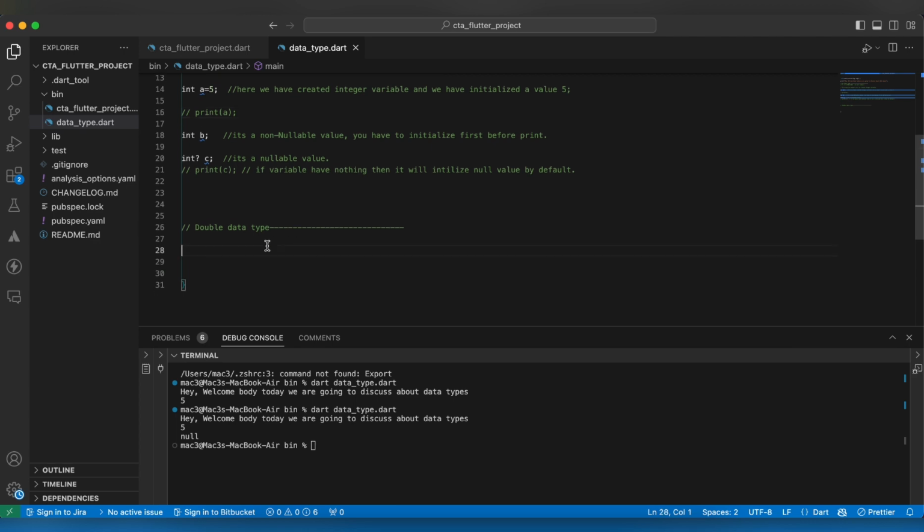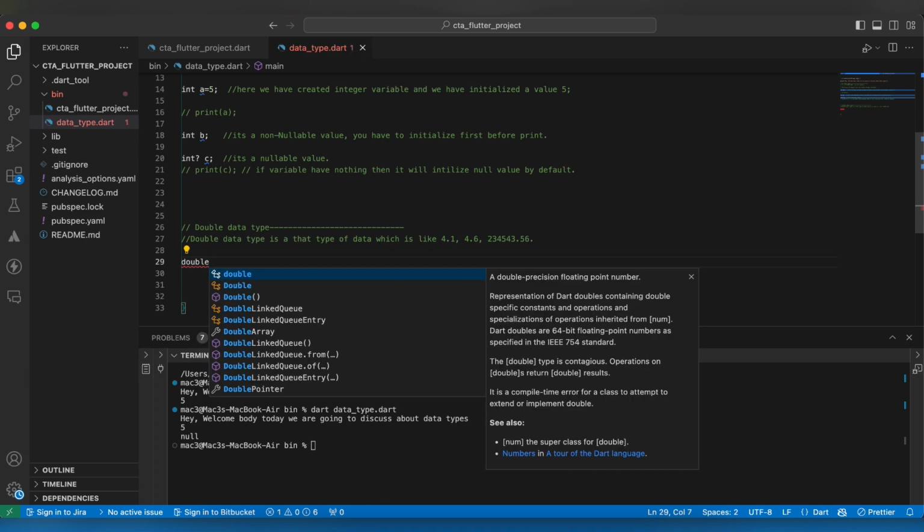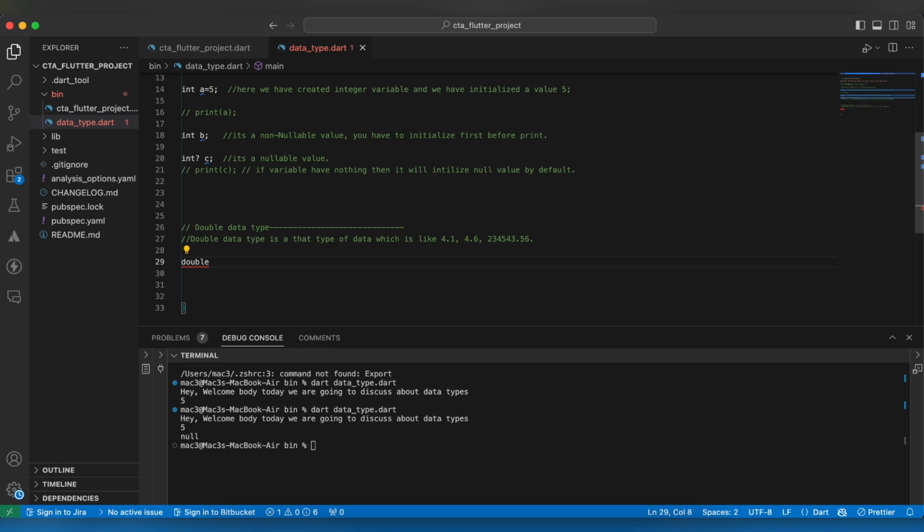What is double data type? The double data type is that type of data which is like pointed value 4.2, 4.6, or point something. It's just a float value, is a double data type. So if you want to store this type of data, by using double keyword, you can create double data type. So let's create a variable called